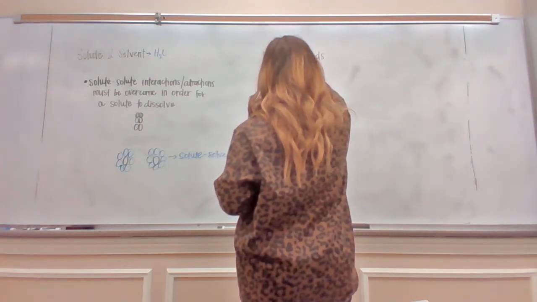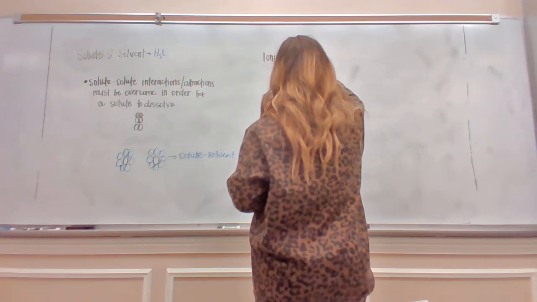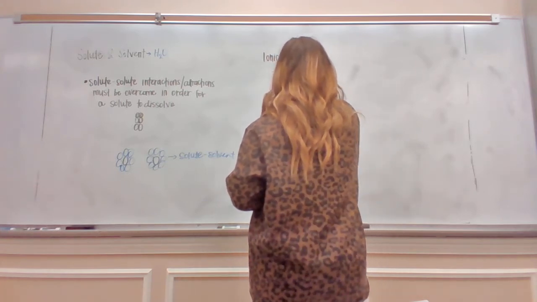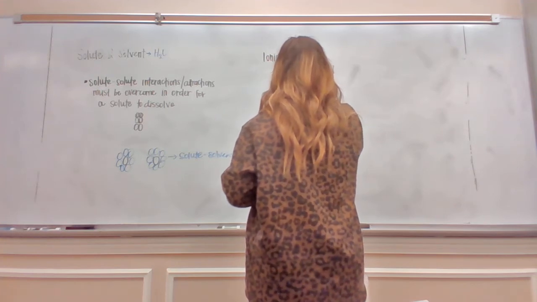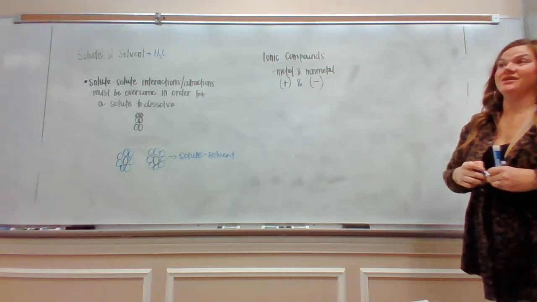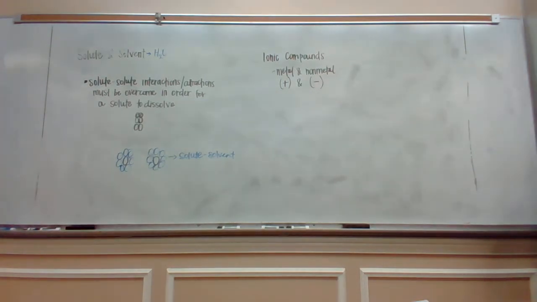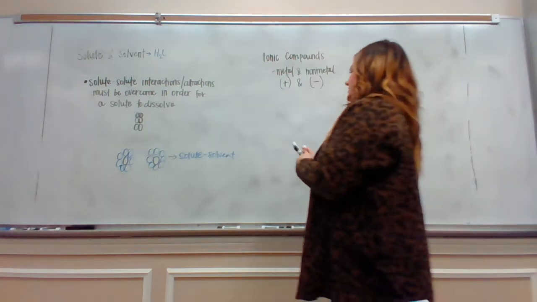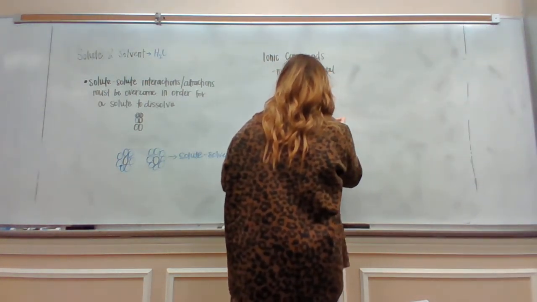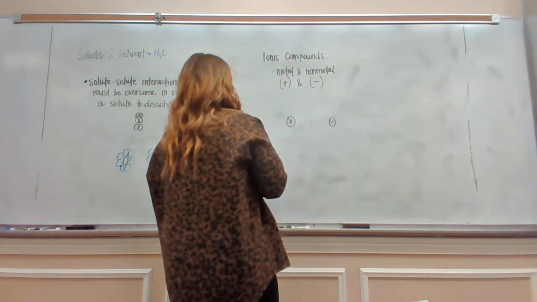Refresh your memory on what an ionic compound is. An ionic compound is a metal and a non-metal, or it's a positive charge and a negative charge. So what happens is when I break those apart,